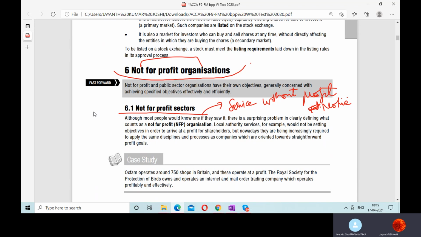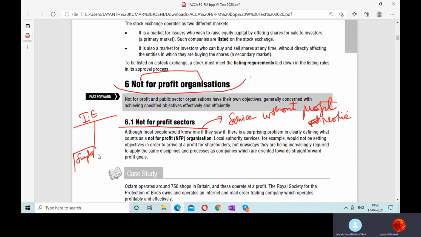But now you will see, if I make an income expenditure account for these organizations, I see they are also earning some surplus. Then why are you saying that they are non-profit organizations? I am not saying that they shouldn't earn and they shouldn't account. They should also account, because people donate their money in these organizations. People should know what is happening, how things are going on, that there is no scam in these organizations. And with this surplus, they'll try to come out with more services and expand their services.